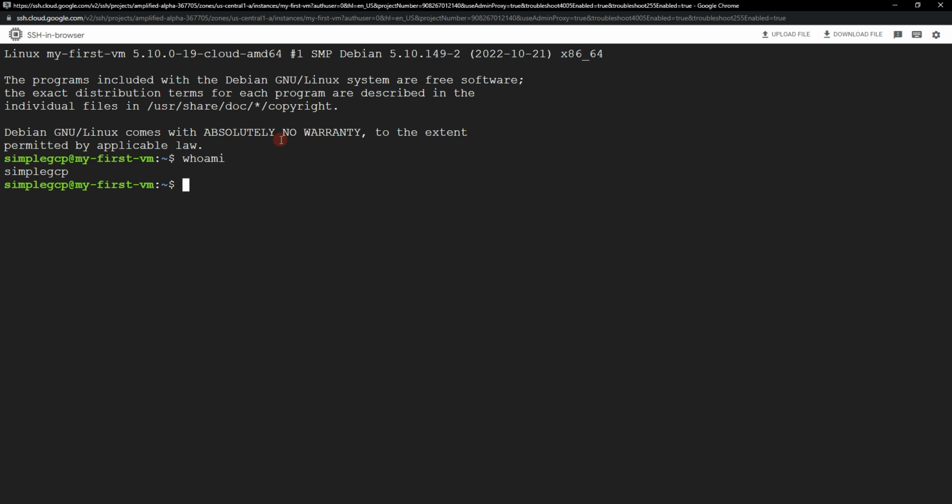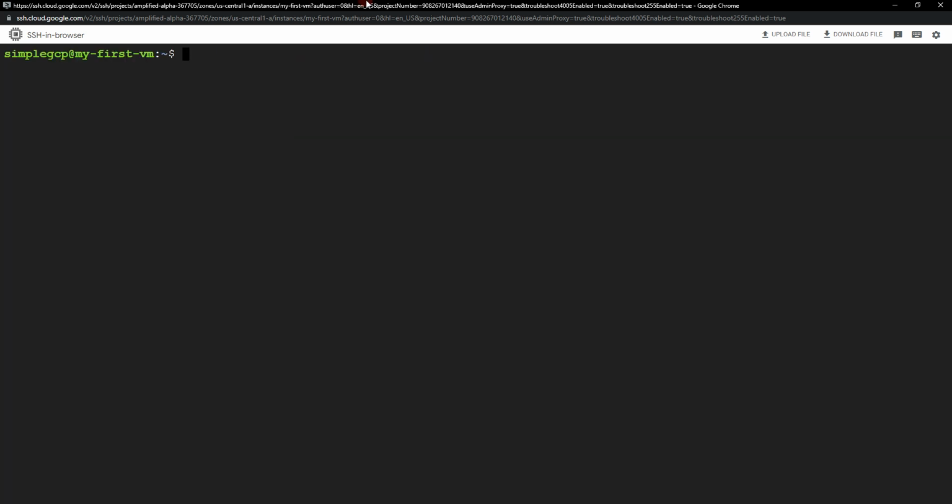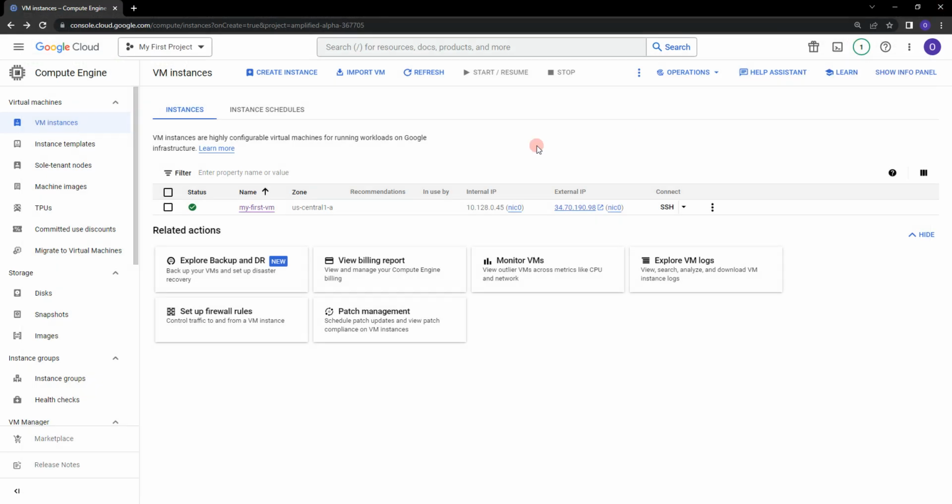You can also run the command pwd, which is the current working directory. Let's run it and you can see it's home, simple GCP. If you run ls, it will show nothing because you don't have anything inside this directory. So this is how you can SSH to this instance. Let's click on exit,